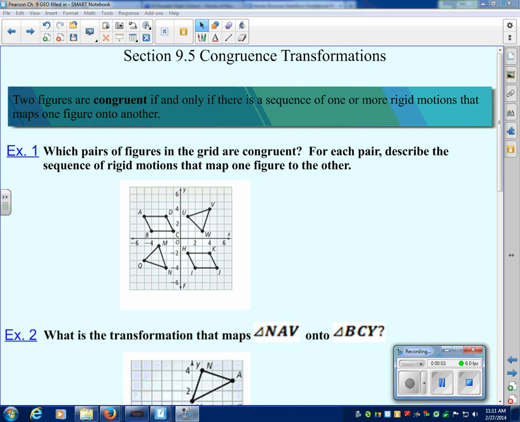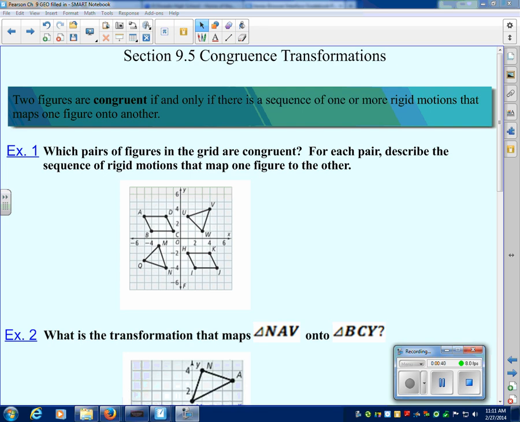Last semester we talked about proving triangles congruent by things like side-side-side, or side-angle-side. Remember that? Angle-side-angle, angle-angle-side, hypotenuse-leg, and that's one way to prove shapes congruent. After doing transformations, you can also prove that they're congruent by finding a transformation that maps one shape exactly over the top of the other. So if you can describe a rotation or a translation or reflection that places the original shape right over the top of the other so all the points match up, then that's another way of proving two shapes are